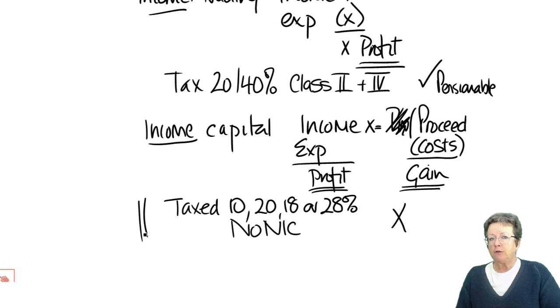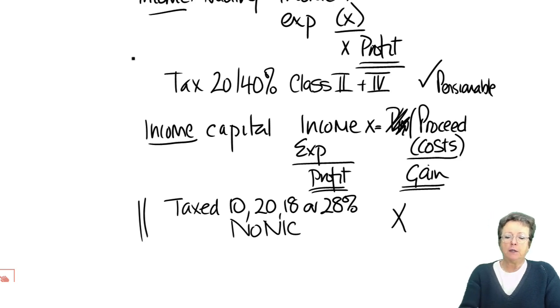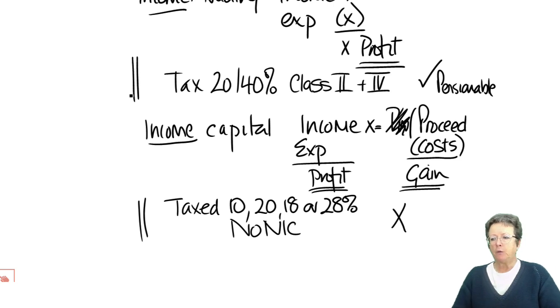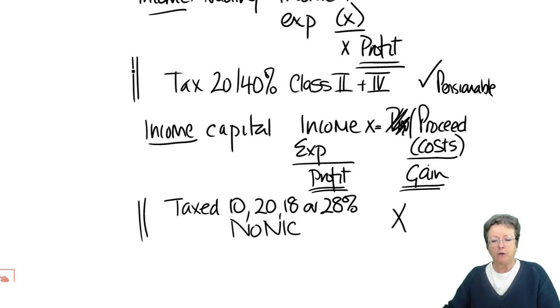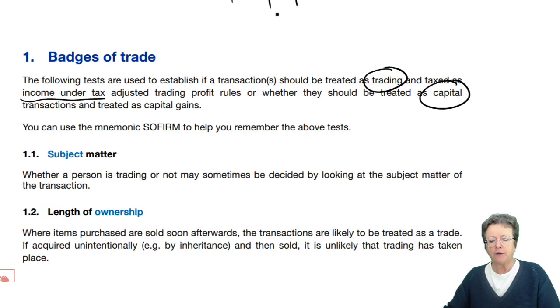But which one do you think the revenue would want? I'm thinking this one. So over time, is it a gain? Is it a profit? Are we trading? Is it capital? It has gone on and on, backwards and forwards, arguing backwards and forwards. So you'd argue one, the revenue would argue back something else, and you'd start quoting law. Great difficulties. So over the years, we've now got what's known as the badges of trade.